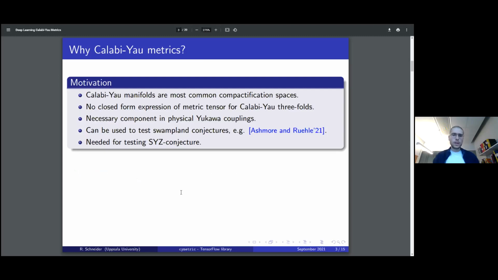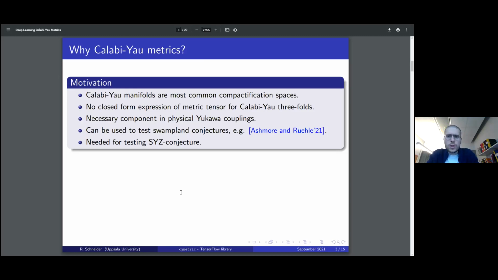Okay, let's begin. So why are we interested in Calabi-Yau manifolds? Well, if we come from string theory, be it the heterotic string, be it F theory, we usually try to connect with the observable physics by compactifying 6 or 8 of these additional dimensions. And this is usually done on Calabi-Yau manifolds. Calabi-Yau manifolds are very interesting manifolds. We do know a lot of things about them, but most of the things we know about them are their topological quantities, so they're global quantities. We do not have any closed form expressions for the metric tensor in Calabi-Yau 3-folds or higher.